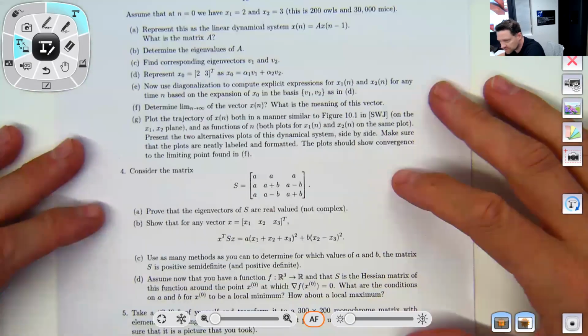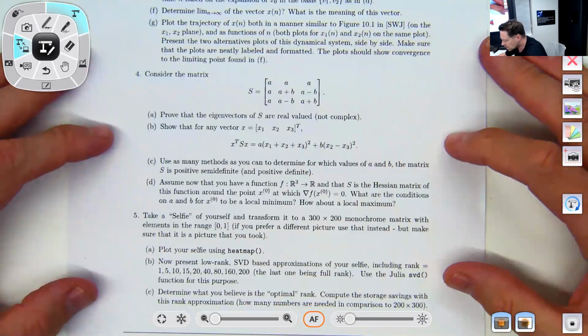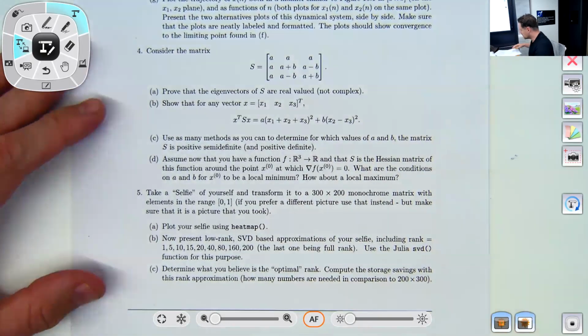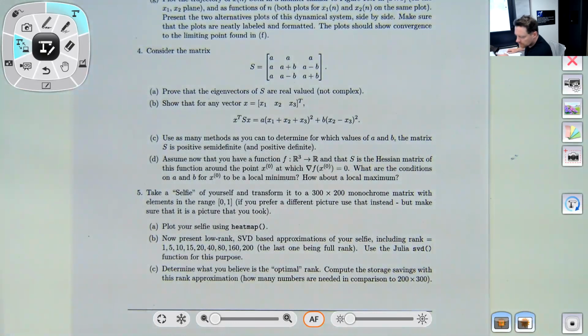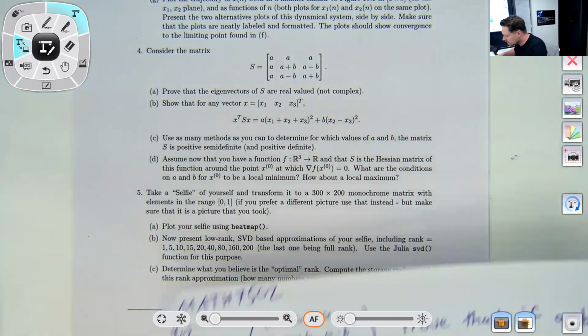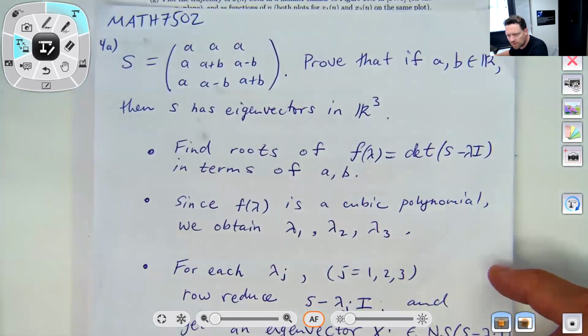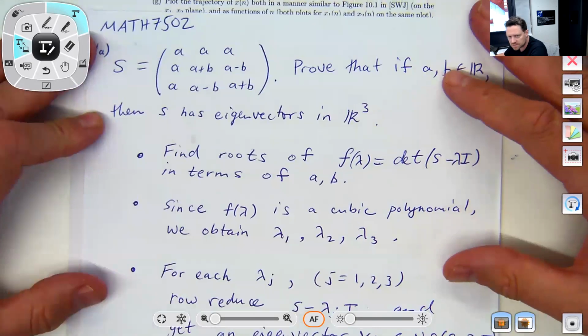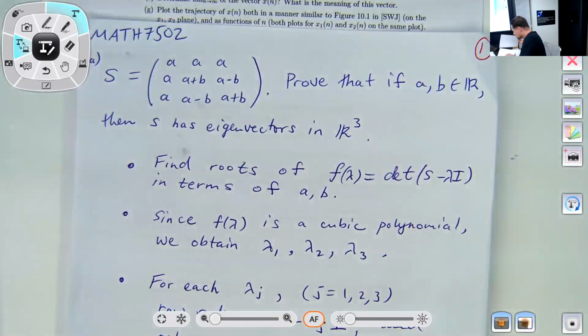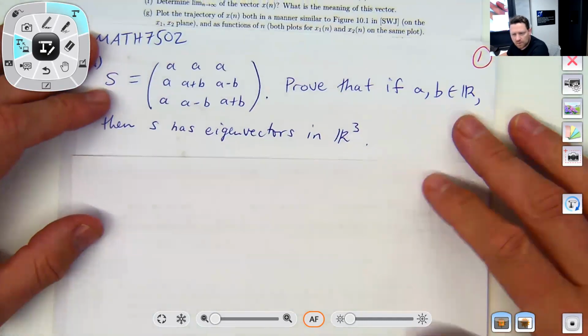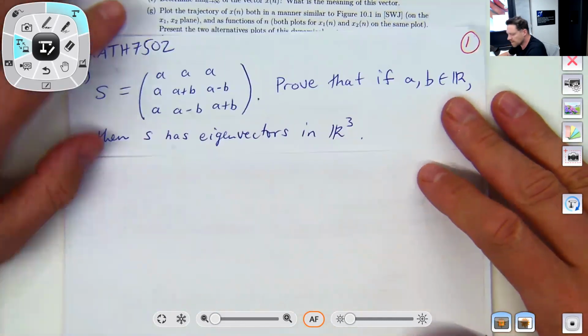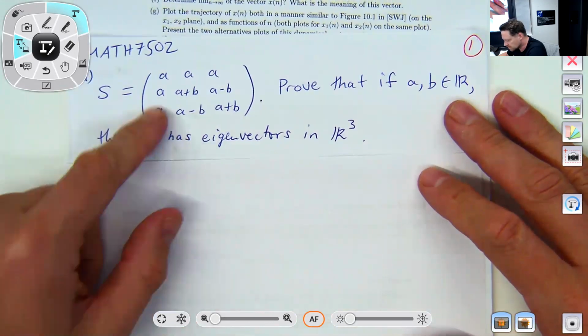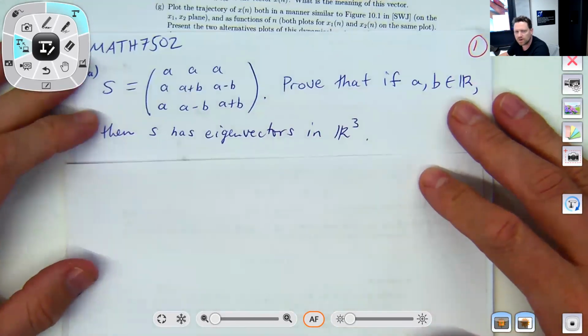All right, great. So now we're going to talk about question 4 and 5 this evening. So here's question 4, but I think I like the way it looks better when I've written it out by hand because it's a little bit bigger and a little less congested, possibly. You might feel differently. I'll just try to go slow with going over this. All right, so we've got a matrix S in this question, and it looks like this. It's got A's and B's in it. And so we're asked to,